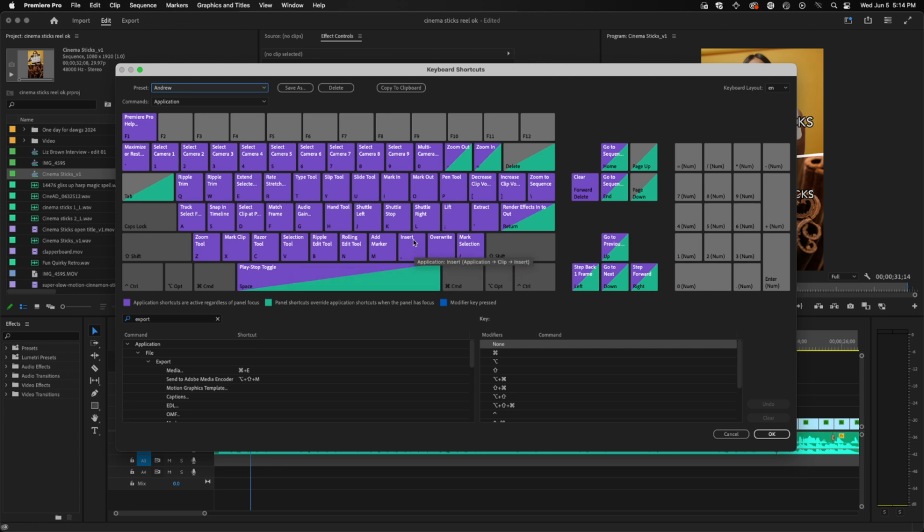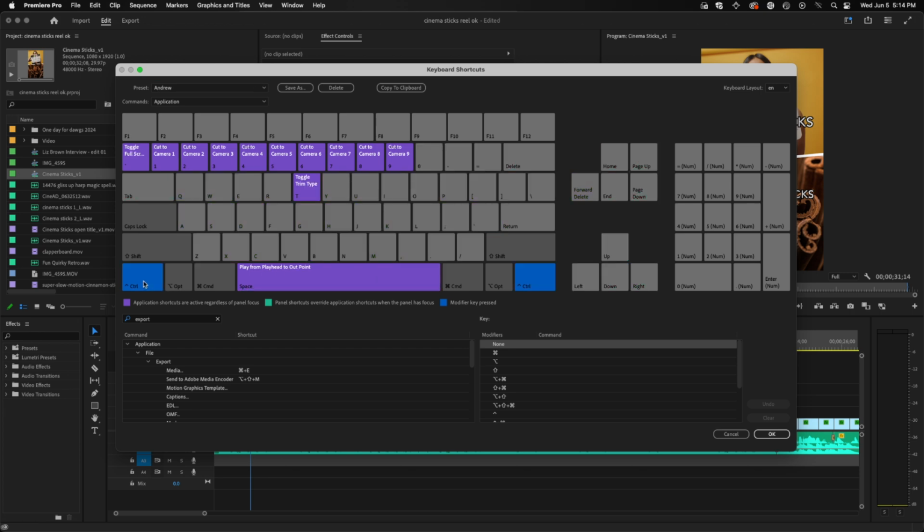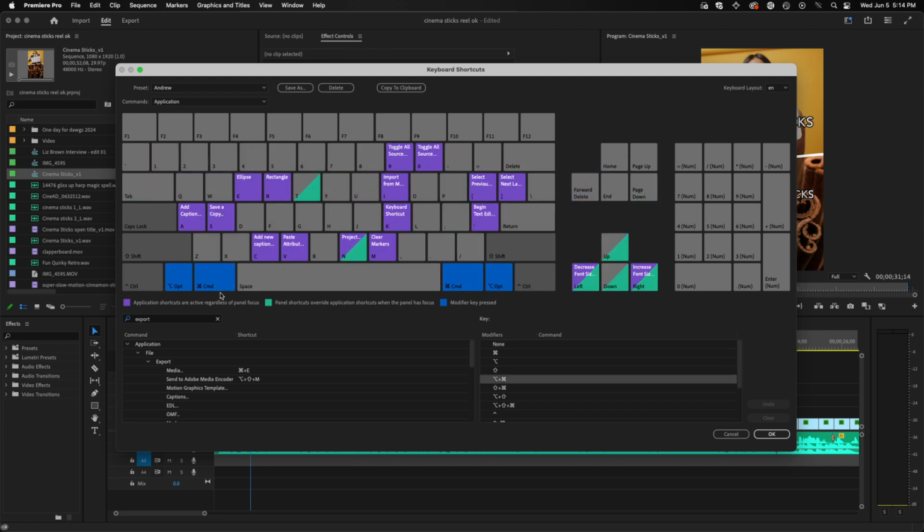Now, I do want to point out that this is information overload, but all of the shortcut keys will be listed up here on this keyboard. And if I press Control on my keyboard, it will show me what shortcut keys are available with that particular modifier. If I hit Command, then those are the shortcut keys that are associated with it. If I hit two at the same time, for example, Control plus Option doesn't give me anything, but Option plus Command does give me some